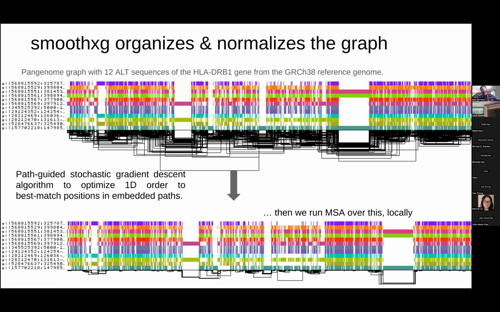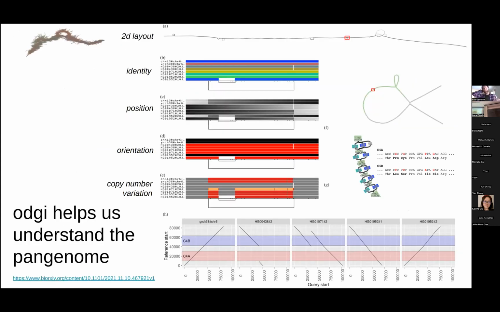And so downstream of this, we have a whole toolkit that's kind of like SAMtools or BEDtools, but designed to work on these genome graphs. It reads these GFA files and then lets us look inside of them. And we can do things like get a visualization in 1 dimension or 2 dimensions. These at the top are 2-dimensional layouts. This particular example is from this paper on ODGI, it's called,